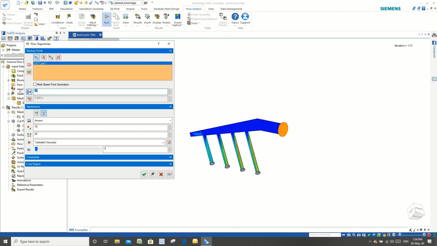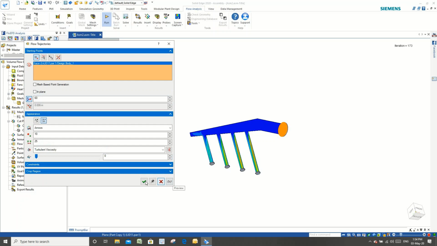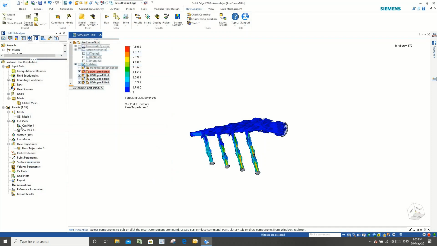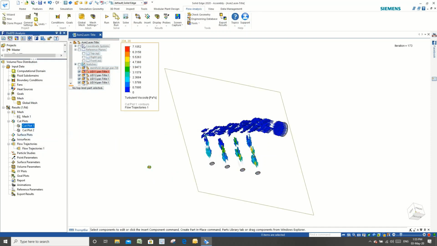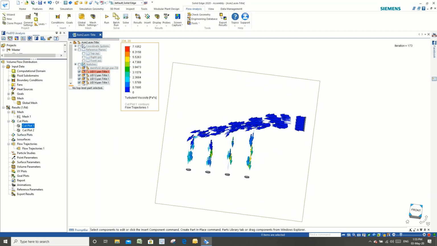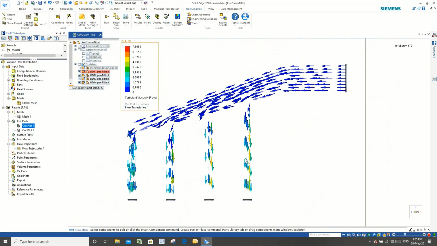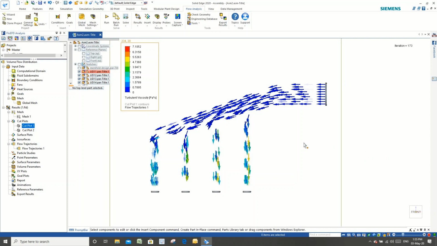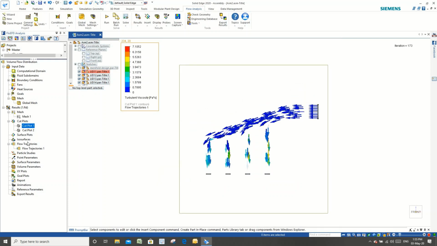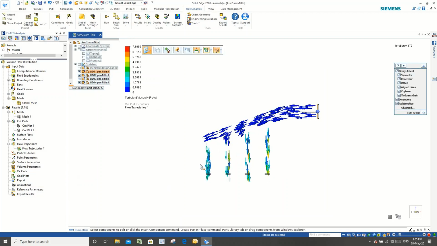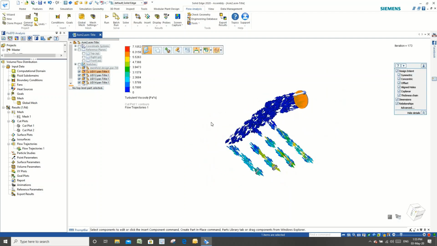So we have this option called flow trajectory. We can quickly see the flow trajectories and their behavior. So I'm applying 60 arrows, and it will give you the flow trajectory, and you can play it and it will give you the real time relative velocity plot. Okay, you just have to right click on the flow trajectory and click on play.